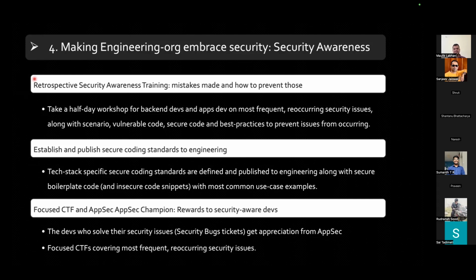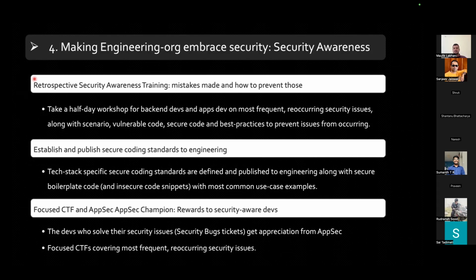Based on that asset type, you say that one of my orgs is, let's say, the business to merchant org, and in the business to merchant org, in the backend I have found 50 security issues. Let me categorize those security issues into different categories. So one category could be authorization, one could be authentication, one could be misconfiguration, one could be injection, and all of that. So you take a retrospective, but a customized or personalized kind of training.